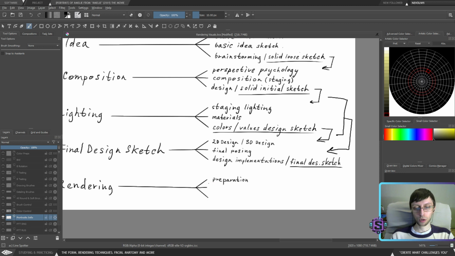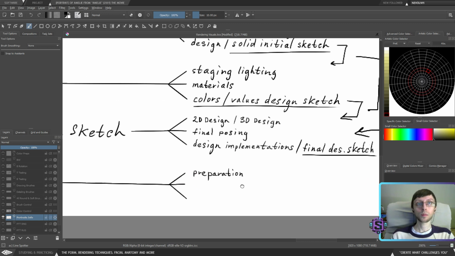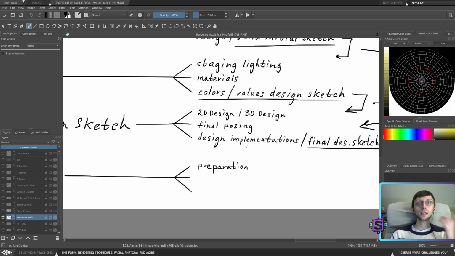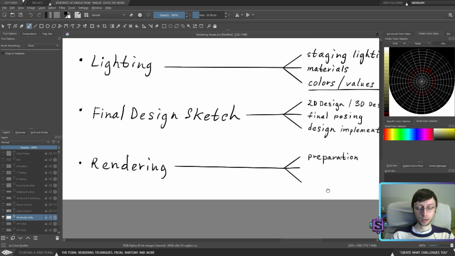It's all going to work only if we know how exactly we're going to work with rendering. If you still don't know how to work with rendering in your pipeline, you will probably need to work on this first, and then you will figure out how to control it. But again, as an idea, preparations, which is cleaning up things, planning rendering quality in terms of where I'm going to work on detailization. So basically, prepare how I'm going to render and what exactly I'm going to render the most.